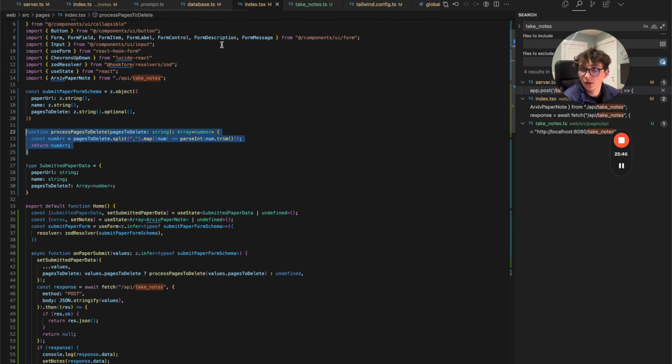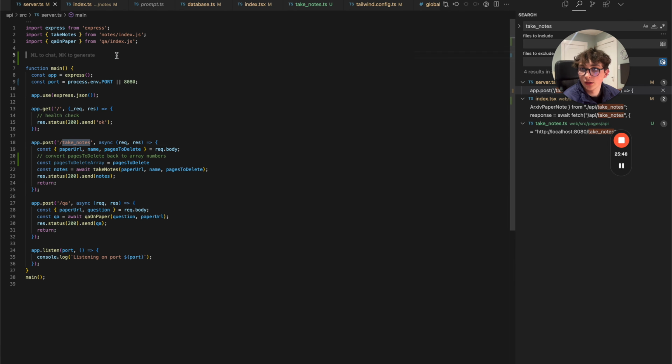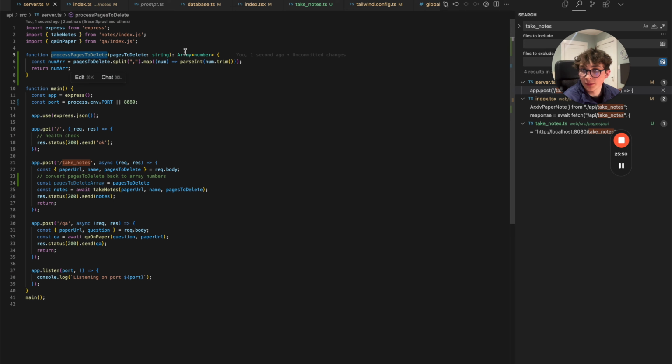Whoops. Copy, paste. So it's going to be a string. We want it to return an array of numbers. And we'll just wrap this. We need to do the check. Or we'll just say if it's truthy, then process it, and else just do an array. We can actually just do undefined because it is optional. Undefined. Put that in. Put that through. And if we copy this one more time,